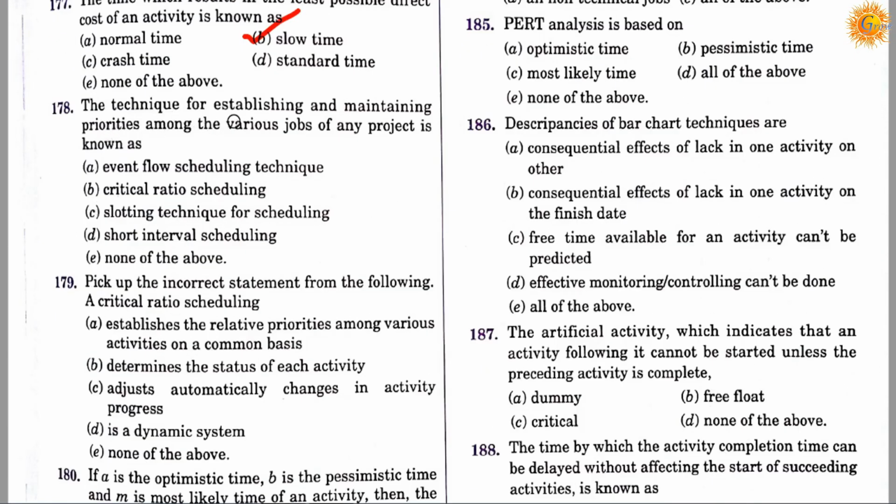The technique for establishing and maintaining priorities among the various jobs of any project is known as: option A, event flow scheduling techniques; option B, critical ratio scheduling; option C, a slotting technique for scheduling; option D, a short interval scheduling; and option E, none of the above. So the correct answer is B. The technique for establishing and maintaining priorities among the various jobs of any project is known as critical ratio